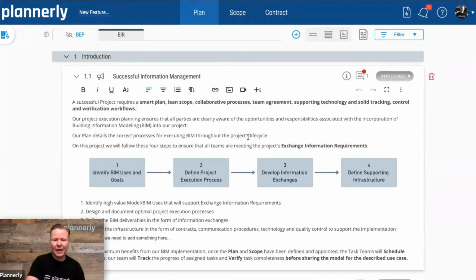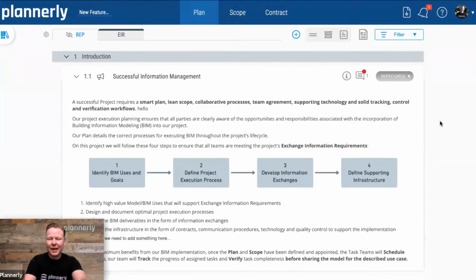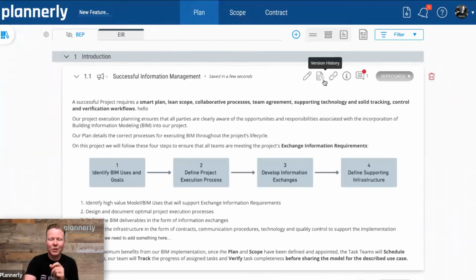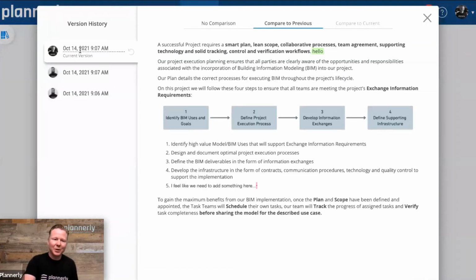Absolutely. Yep. As you edit these in the cloud, we have obviously the undo and redo options, but we also now have version history. If I was to make some changes, if I say hello in here, and then as I click out of this container of requirements, we will start to see a version history. And if I pull up this version history, we'll see my version. This is the edit that I've just made.